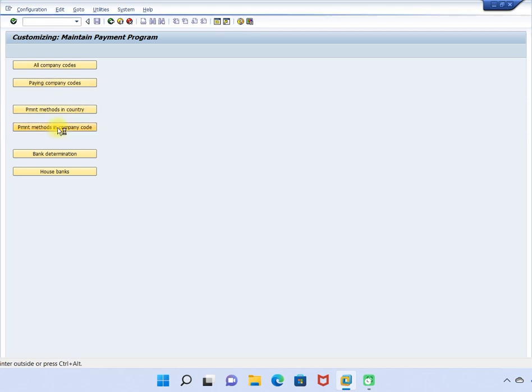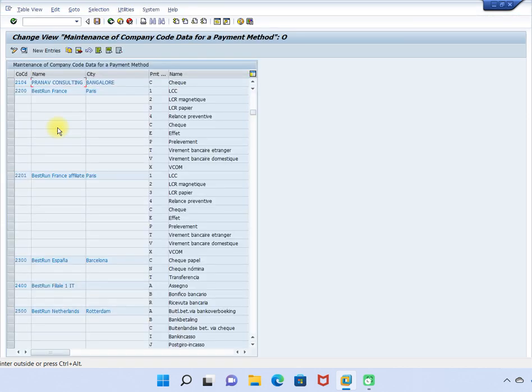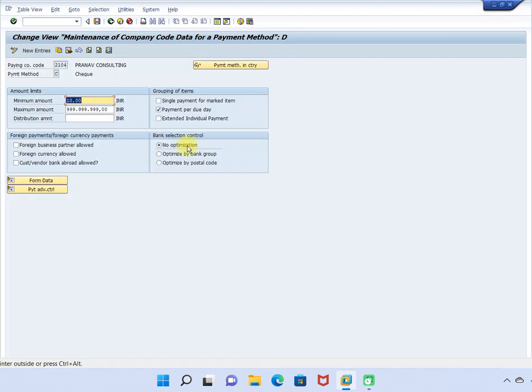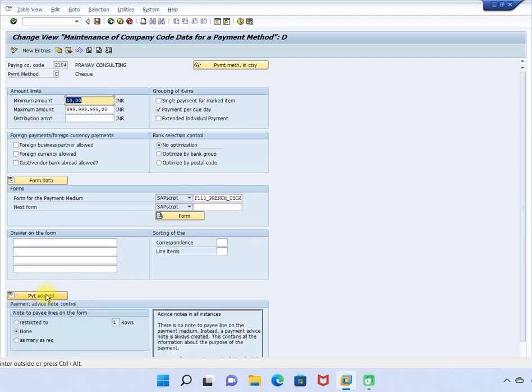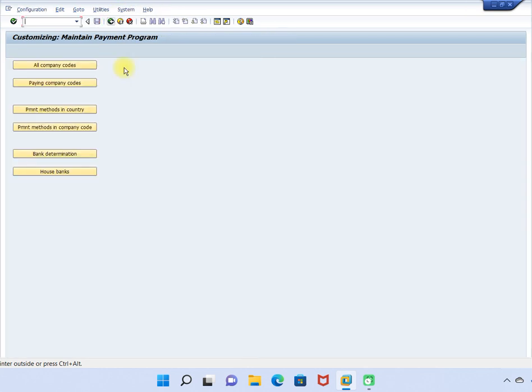payment method in company code. We will just check it. Then 2021, click on details. Anything here, we will check. We don't have anything here. So this also has nothing. Then go back,